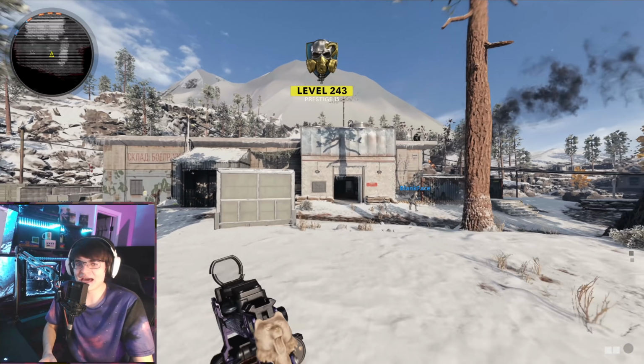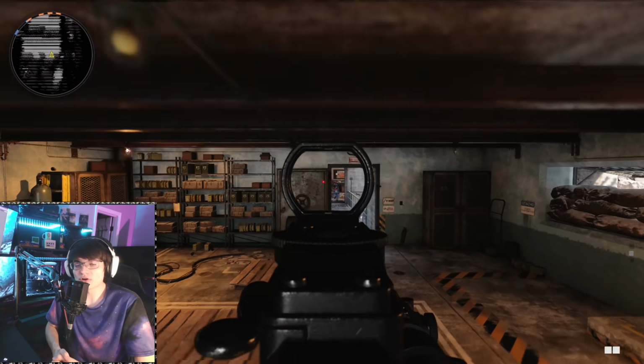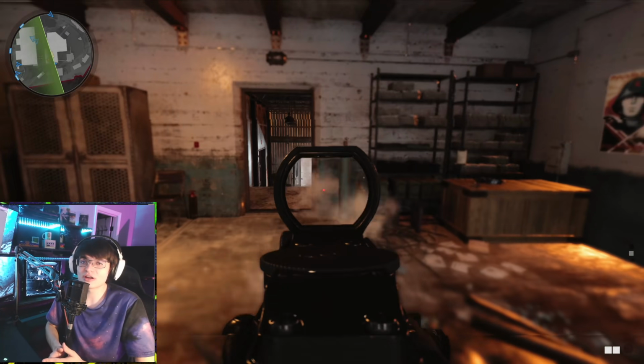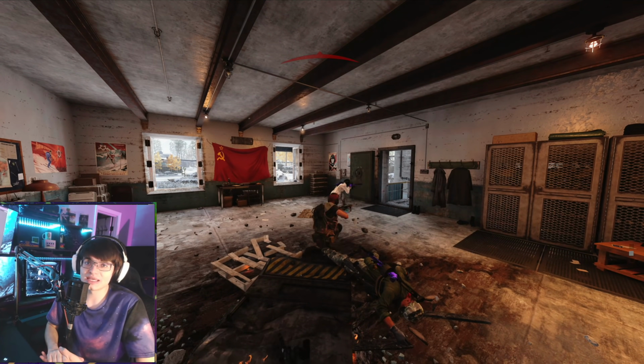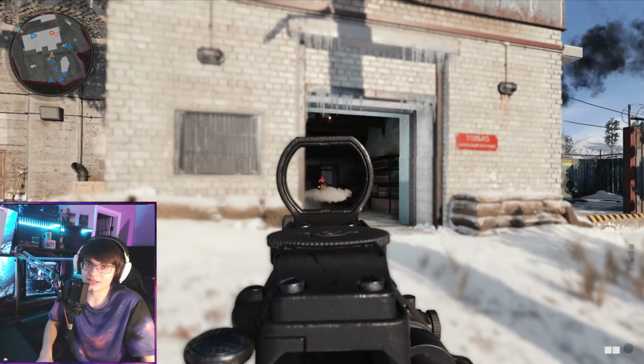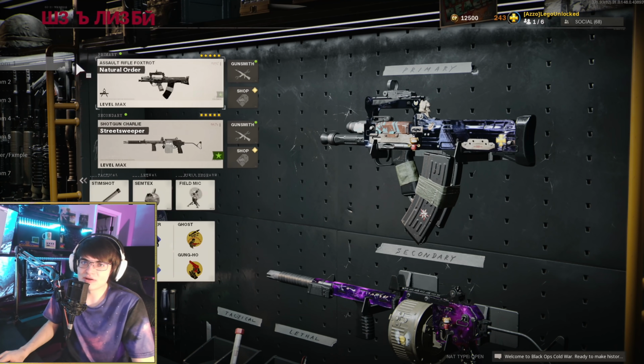And that XP is going to add up super quick, especially if you're using double XP tokens. While playing hardcore, using one-shot, one-kill weapons and having a double XP token live, you're going to be getting quadruple the XP you normally get, which is just going to massively allow you to rank up super quickly. So the class setup I'm showing you right now is meant to absolutely maximize the amount of one-shot, one-kills you're